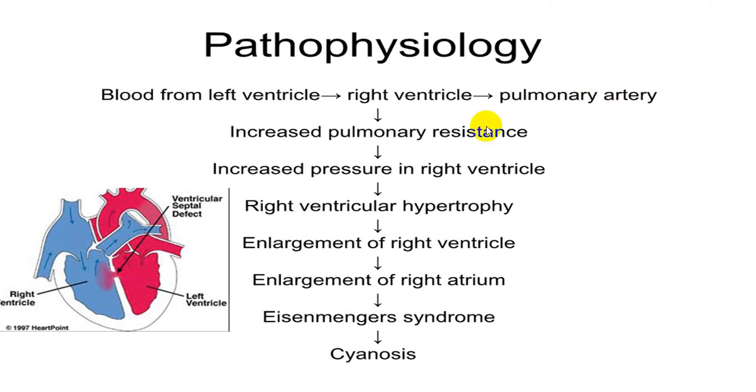Because of increased pulmonary pressure, now right ventricular pressure will be elevated. Secondary to right ventricular pressure elevation, now you will have dilatation plus hypertrophy. Dilatation is because of volume overload, and hypertrophy is because of afterload increase, or we call increase in pulmonary pressure. So right ventricular hypertrophy and right ventricular dilatation. Secondary to that, now right atrium will undergo hypertrophy, and you will have symptoms and signs of congestive cardiac failure.